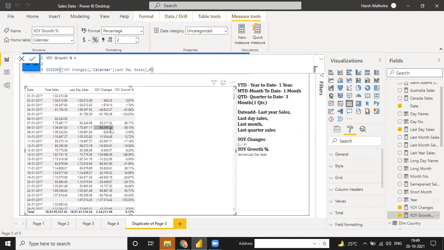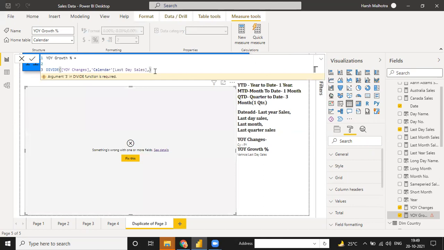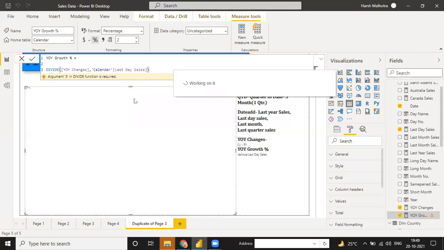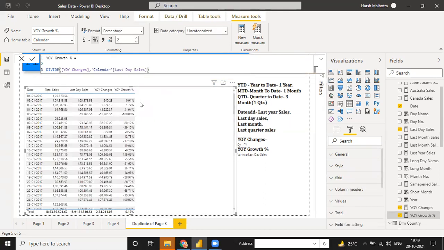Suppose we don't use 0 here, what is the result? Enter and see what is the result. See, if this value is 0, it will automatically take 0. Okay, let me show you. See, it will automatically take 0, but if you show it as NA, then it will take it as the value. So it is better to use 0. That is the reason we should use 0 here.